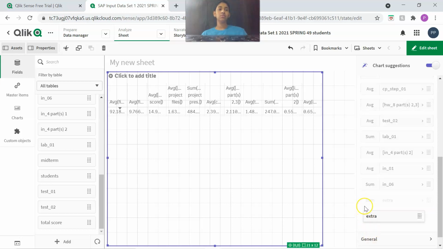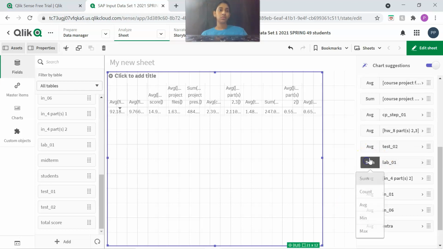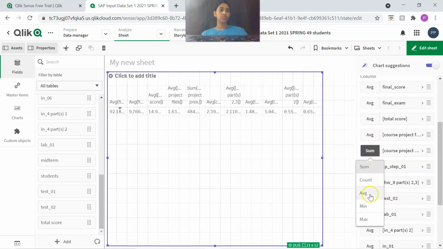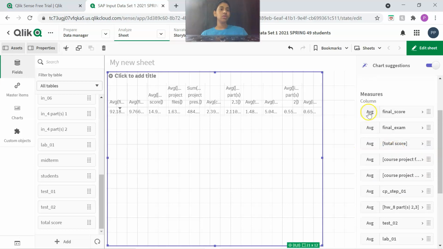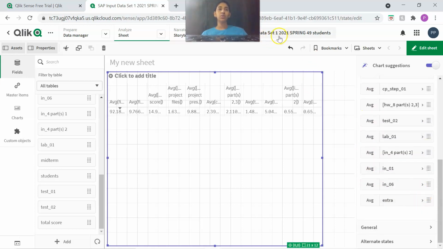When you click on the sum, you will be getting the options. So you can see average class scores for each and every assignment for spring 2021 semester.